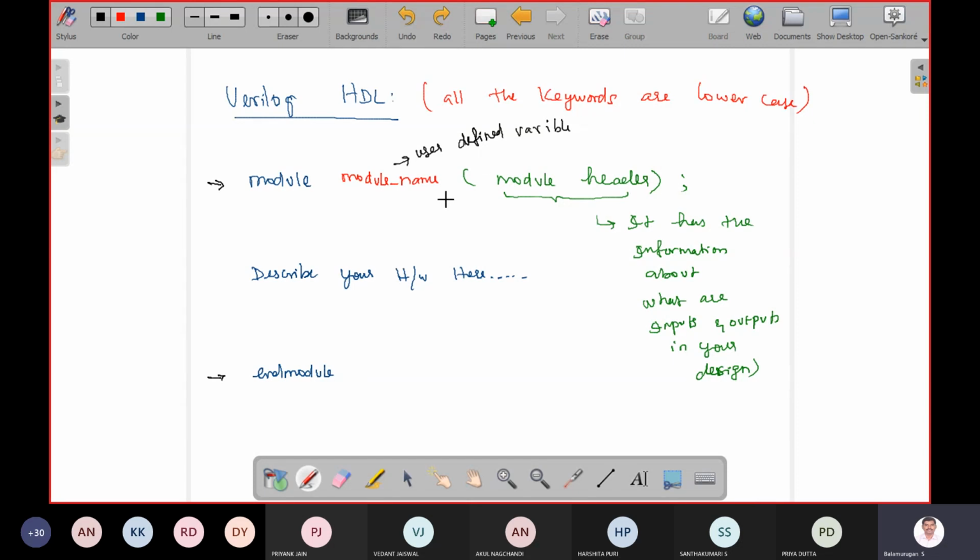You can give this module name any name, but you should always give a meaningful name. Even though it is a user defined variable, you should always give a meaningful name, so that by reading this module name itself,